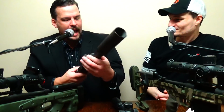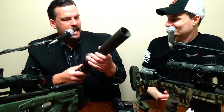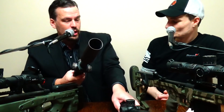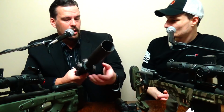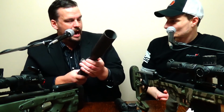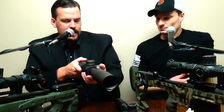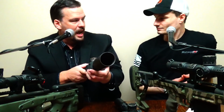This scope has a little bit different philosophy. The inspection rates are maybe not as stringent as on the Nightforce, so they can be a little bit cheaper. They're in the $2,000 price range, right? And they're very nicely configured, like we said earlier. But when we tested this, and this is the third one I've had a hold of, and I've talked to a bunch of other guys, and we get these in on our classes a lot,